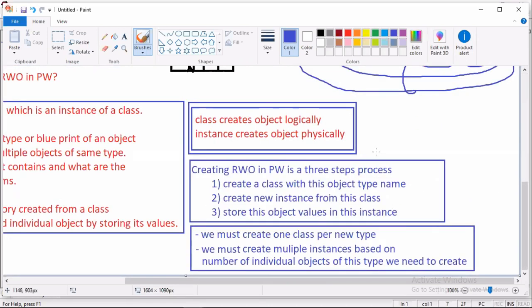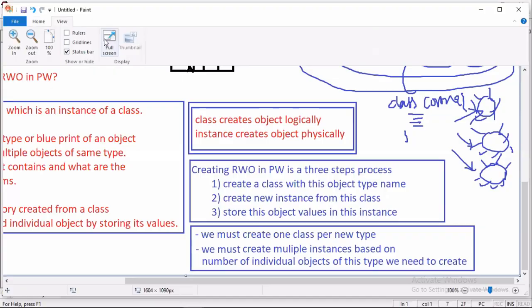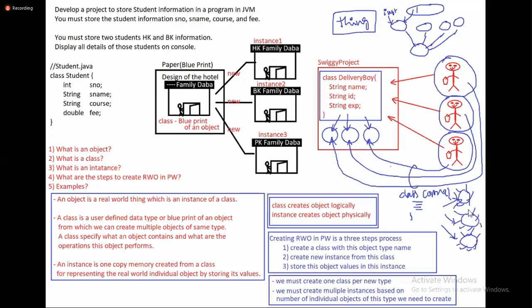Let me create the corona. Class Corona, open bracket, closed bracket. Okay, then first corona. Then second corona. Look at that, the corona structure is our instance only, no? Then third corona. So you people are spreading corona by going outside, no? Corona 1, Corona 2, Corona 3. So as many instances of corona as come, that many instances.